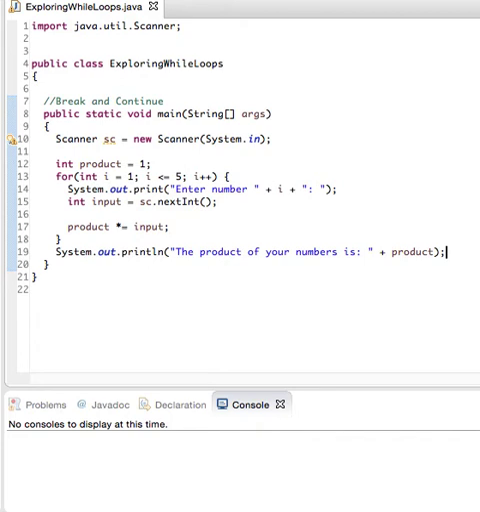To show you what I've got going on in my program right now, I've got the scanner object, I've got a product variable, and I've got a loop that's going to run 5 times. I'm going to keep asking the user to enter a number, and each of those numbers that are entered, I'm going to multiply with my product. So if I run this program,